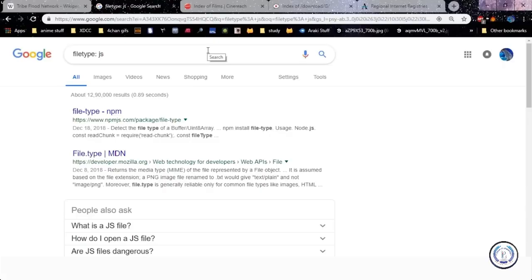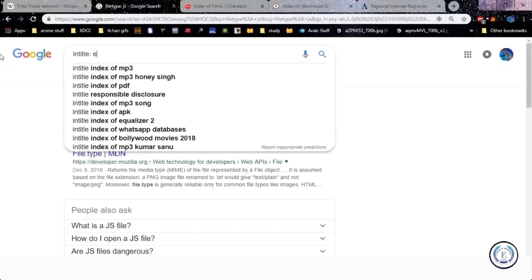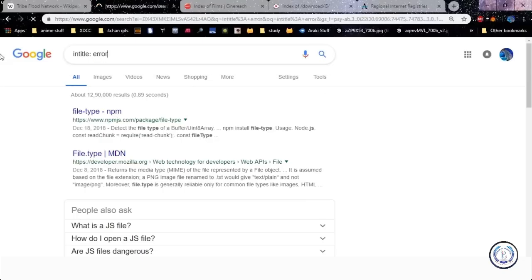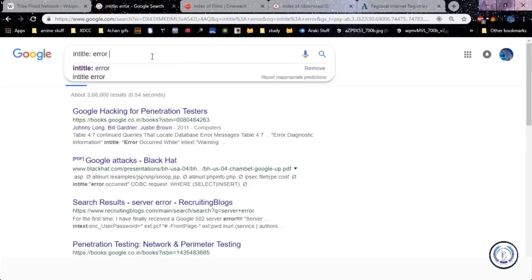Okay, so now let's go into more details about the various things you can find using Google hacking techniques. While Google hacking techniques are really useful for just general searching in Google, they're also useful for penetration testers or ethical hackers. You can narrow down information that you get from Google. You get a specific list of systems that may be vulnerable. So we can do things like look for error pages that have error in the title. So I'm going to get a whole bunch of information. So suppose we go intitle and we say error.